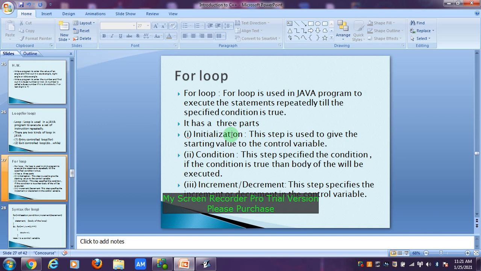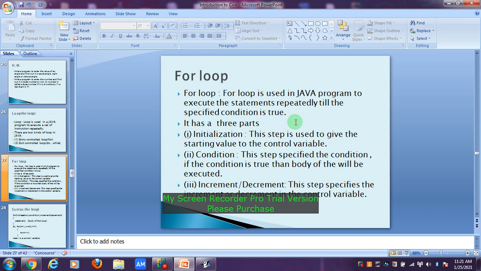So I will start my loop when the value of a variable is 1, then I will continue to print this value until this value is 10. For that we will use a condition. And how to reach 10? We will do the increment by 1, then only we can reach 10. We can do the increment of 2 or we can do the increment of 1. So these are the three parts of a loop.